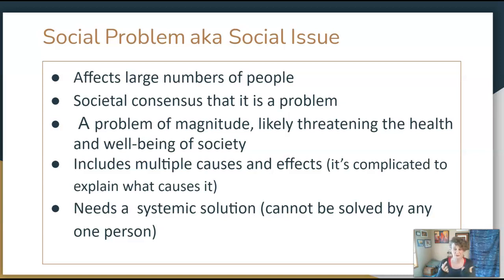You'll find yourself, if it's really a social problem and you start talking about it, you'll find that you start thinking about a lot of different things, or researching and learning there are many things that have contributed. And because it has a lot of multiple causes and effects, it needs a systemic solution. In other words, you or I cannot individually solve this social problem. It needs a greater society structure, or maybe multiple structures likely, to be able to solve